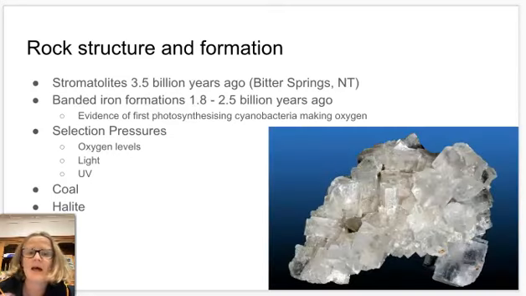And similarly, halite, which is rock salt, tells us that in that area there must have been lots of shallow seas, and sometimes those shallow seas evaporated, leaving behind the salt from the salty water in the sea, and that has become rock salt, big seams of rock salt in different areas of Australia. So again, giving us ideas of wetlands or selection pressures such as salty water in the area, so that we can take a guess at the kinds of ecosystems that were happening when that rock was formed.